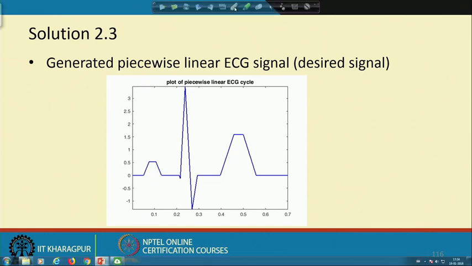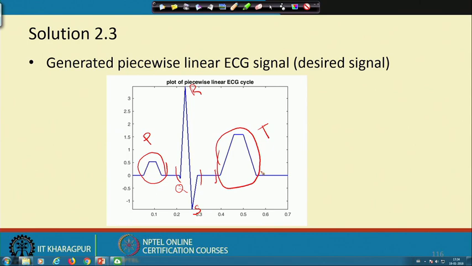Here, the first part gives the P wave. From here to here we are getting the QRS complex, this is Q, R, S, and this part is giving us the T wave. Okay. And if we look in between these portions,